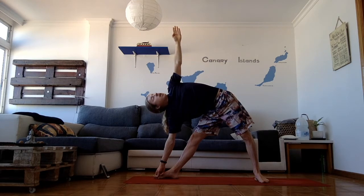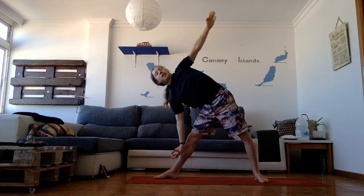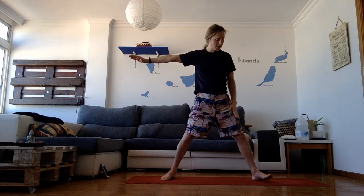Both legs straight, look up. 2. And 1. Inhalation, arms up to the sides. And let's go for Parivrtta Parshvakonasana. So we bend the left leg, bring arms in front of the chest, rotate arms in front, and